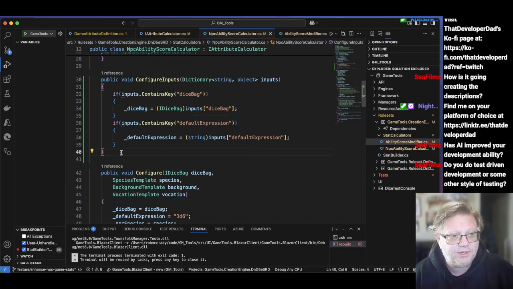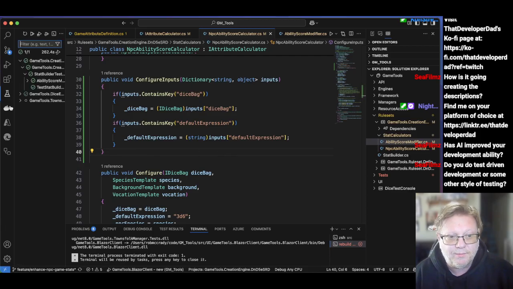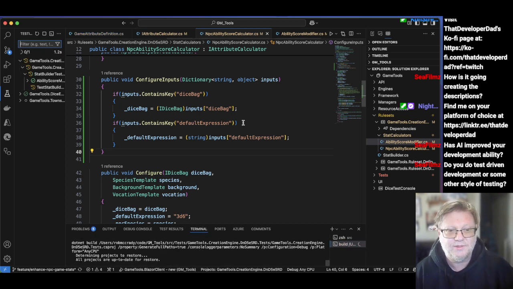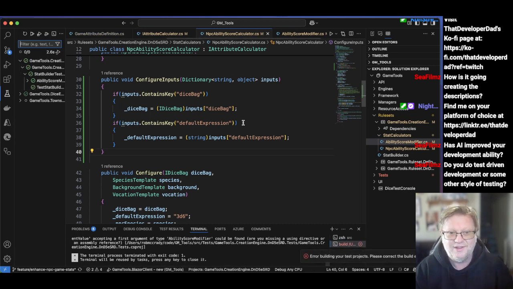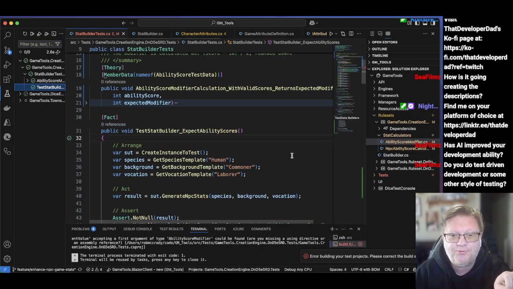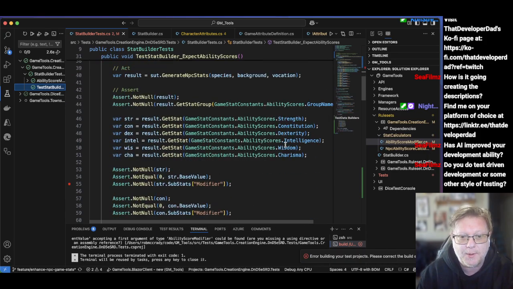And I have reached the 1 hour mark. My unit tests are going to fail miserably, or at least this one is, because I'm breaking. Oh, nope, I haven't broken stuff yet, but I'm about to. And so what I'm going to do is carry on. I'm going to get this stuff working the way I want it to be. And I think just before we break for the day,